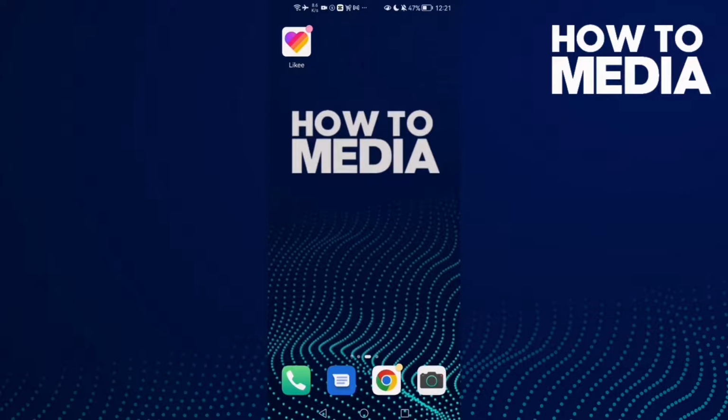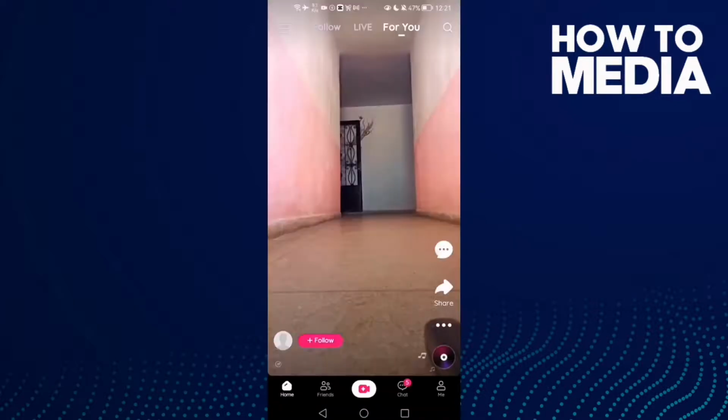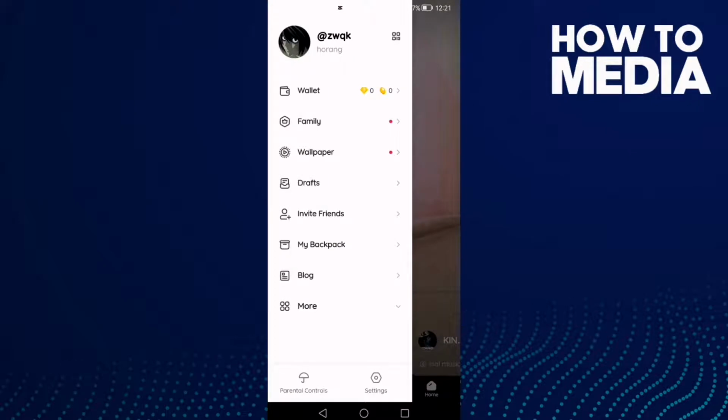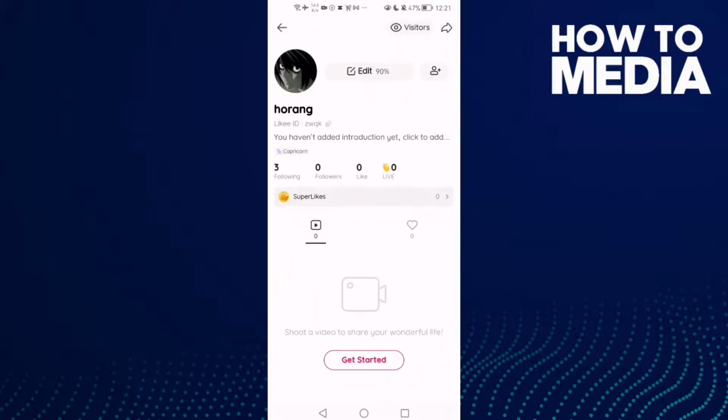First thing, go to Likee app and now click these three lines in the top corner and then click on your profile here, and here you will find edit. Click on it